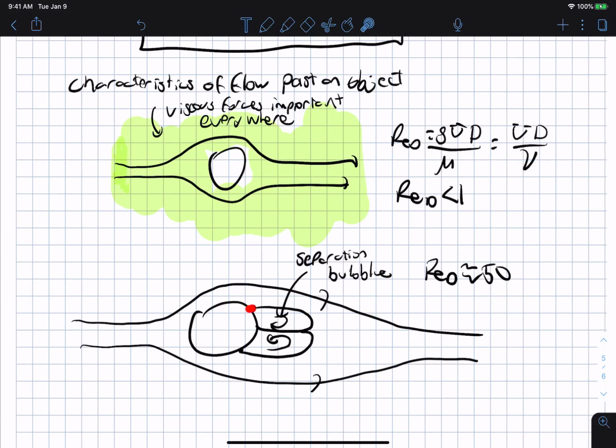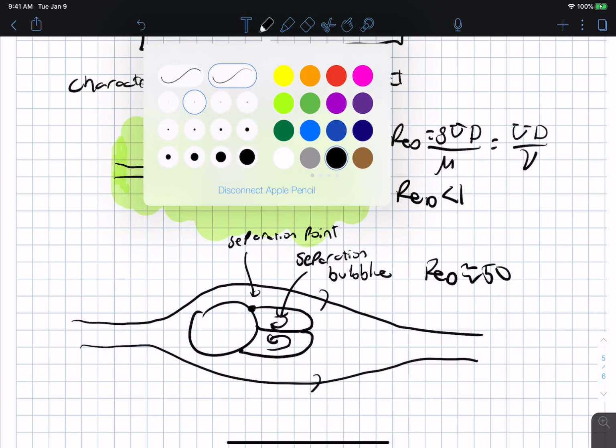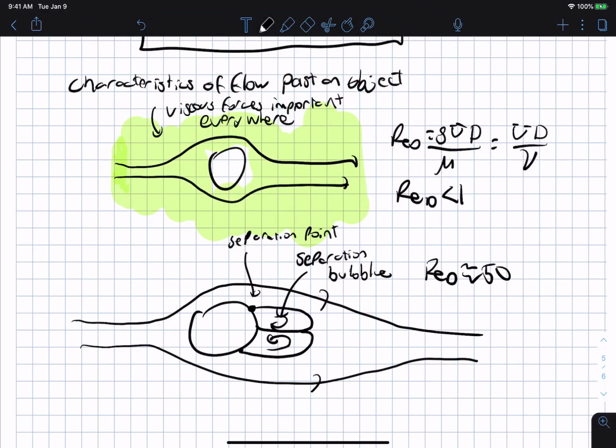Okay, and this point here is called a separation point. And we'll discuss a little bit more about those later on. Okay, and then in this region here, it turns out that the region where viscosity is important is not the entire flow domain like it was for the creeping flow with a very small Reynolds number. Instead, the region where viscous effects are important is actually confined to be somewhat close to the cylinder,